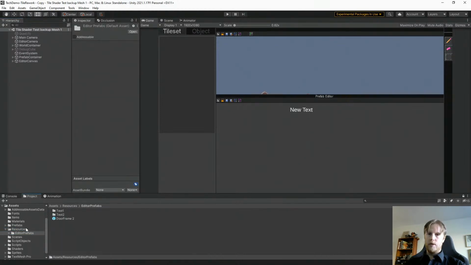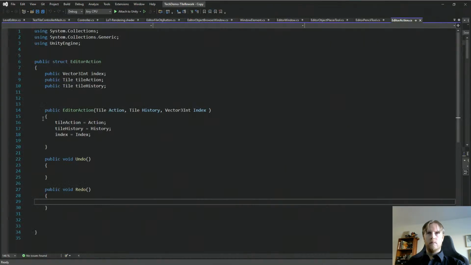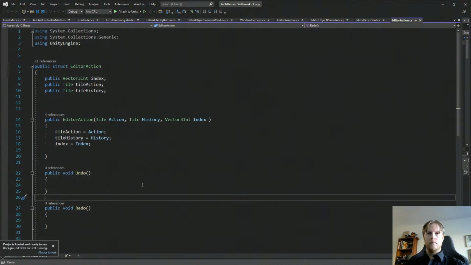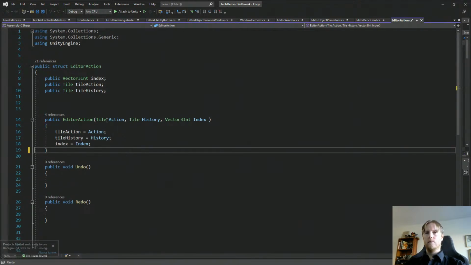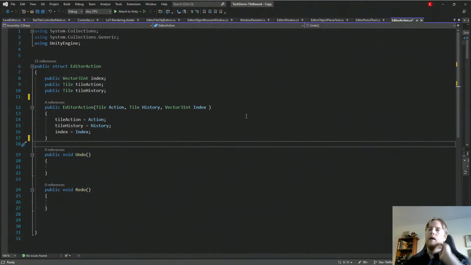We have all of this stuff in resources now. So today we're gonna try getting an object to